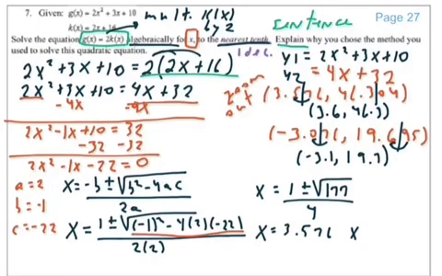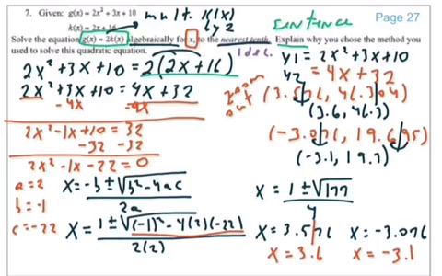3.576 and x equals -3.076. And since the directions do say to the nearest tenth, be sure to round at the end, where you get x equals 3.6 and x equals -3.1. In this case, again, you do not need to find the y value since the question is specifically asking you